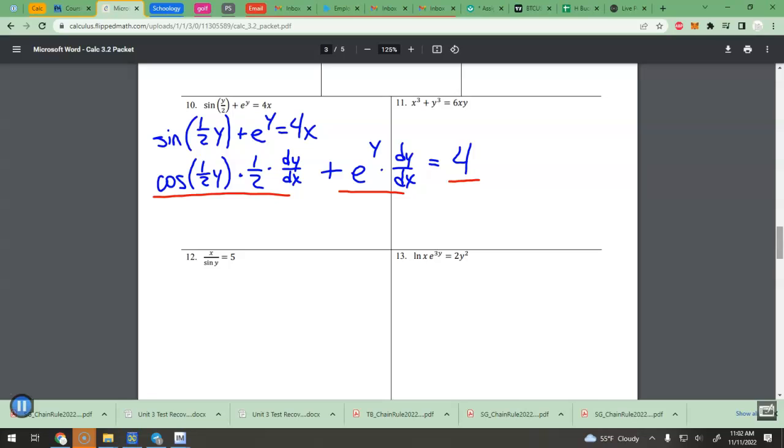Very often I have to get dy dx on the same side so that I can factor. But they're already on the same side here. So I don't have to do that, so I can just jump right to factoring. So let's take dy dx out, and I'll get cosine of, I can put y over 2 back now if you wanted to. It'll stay as 1/2 y. Times a